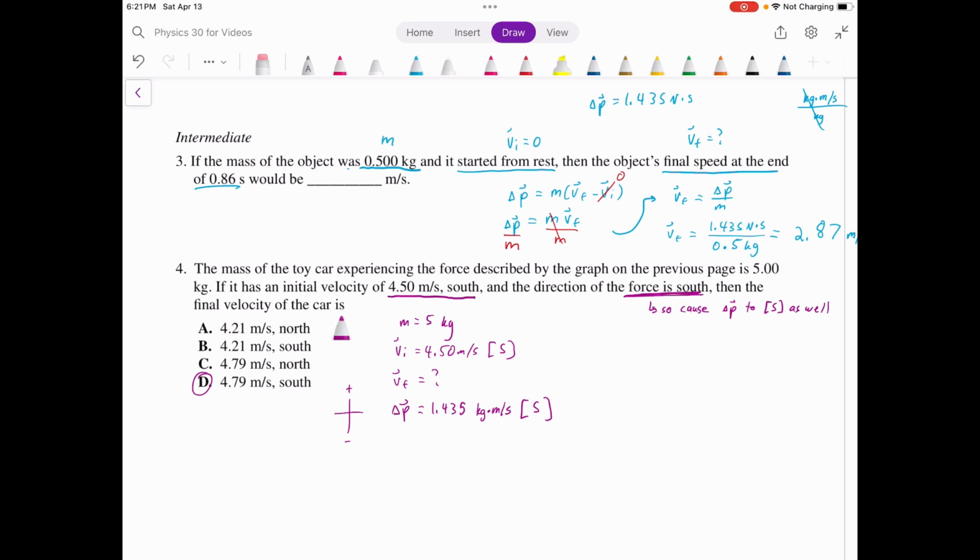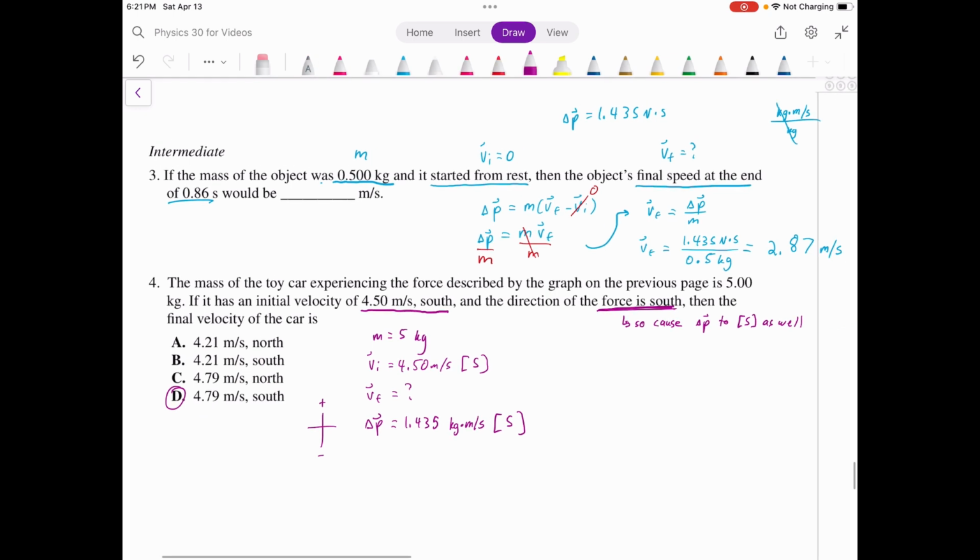It definitely won't be moving north. The force was to the south and it was already moving south. So there's no way we could have stopped it and turned it around so it's moving north. And if it was moving south and we pushed it south, it should have gotten faster to the south, not slower to the south. So even without calculating, I'm feeling pretty good about D, but let's go ahead and calculate